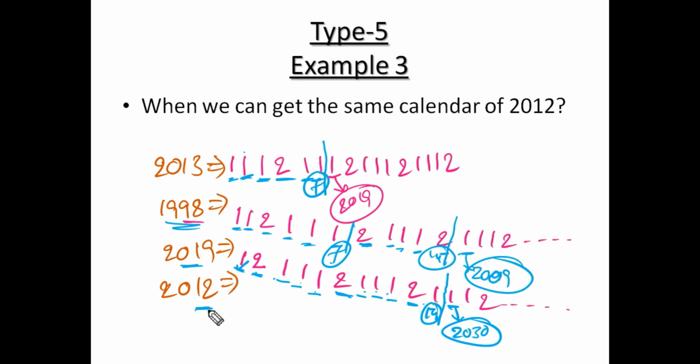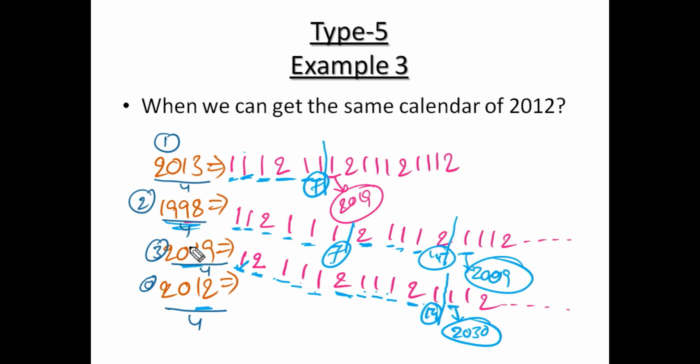And 2012. You try to do it in the same procedure. Okay. Now I am going to give you the shortcut. See how we take the shortcut: if we divide this number by 4, what will be the remainder? 2012 is divisible, the remainder will be 0. If we divide this number by 4, the remainder will be 1. If we divide this number by 4, 2014 gives remainder 2. If we divide this number by 4, 2015 gives remainder 3.